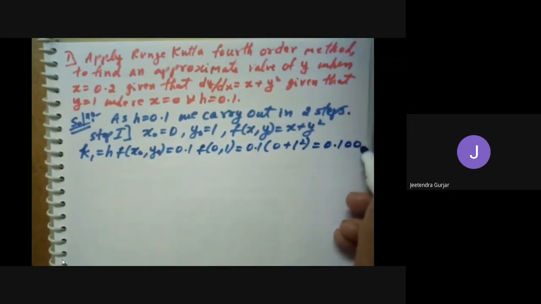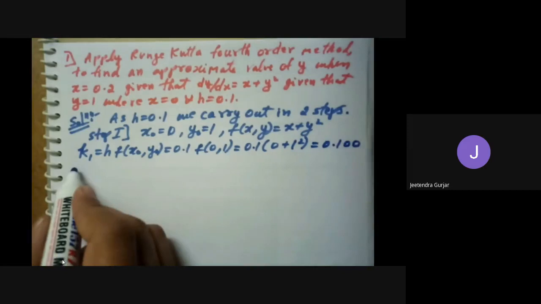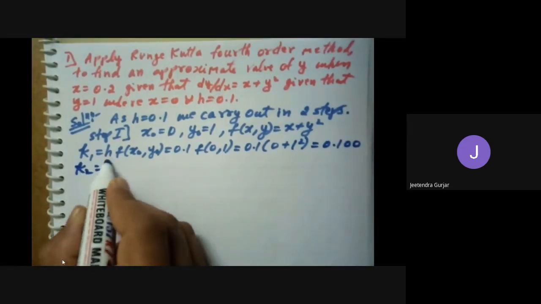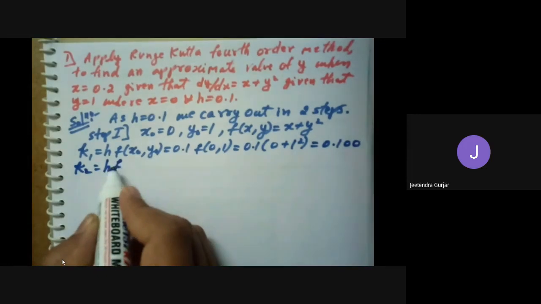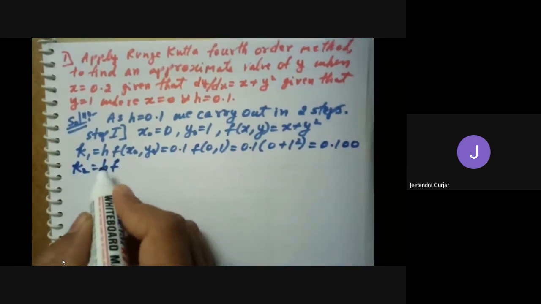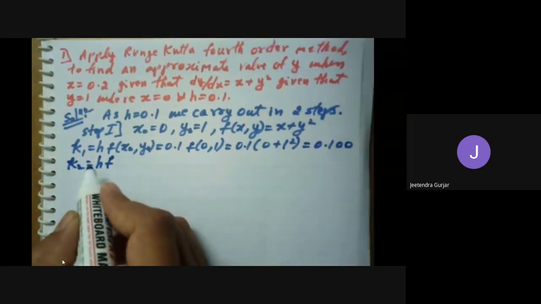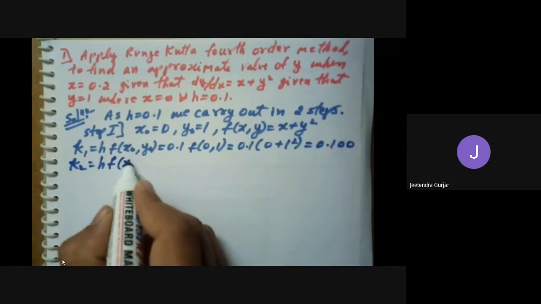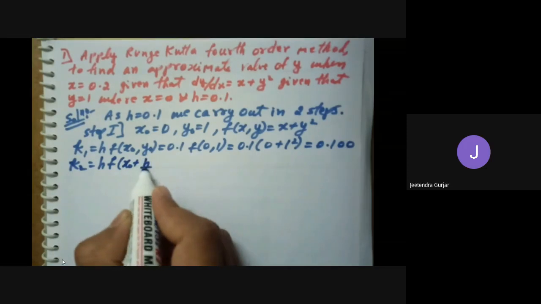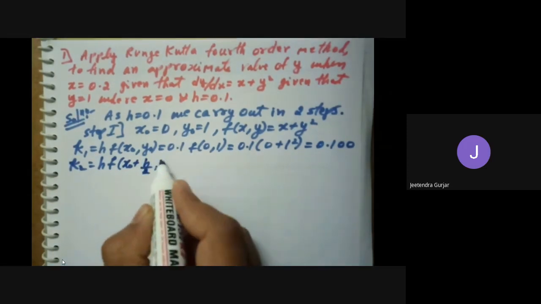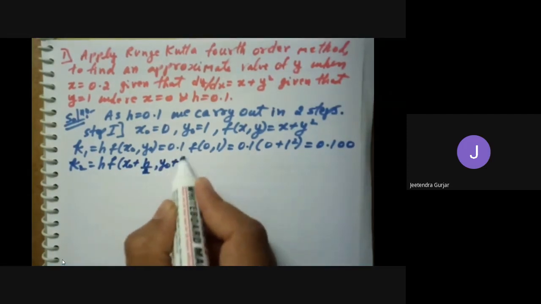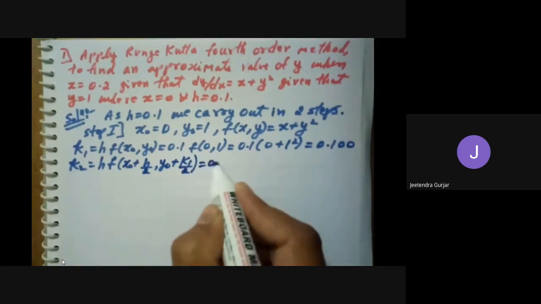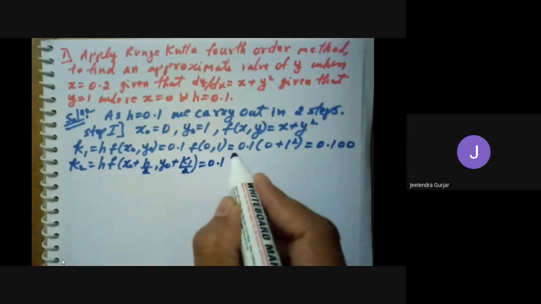Then further we'll continue this for k2, as I have told you to remember the formula, students. So k2 is equal to h f of x naught plus h upon 2 comma y naught plus k1 upon 2. So remember this formula, students. Practice this formula today only, and try to solve this example at home also. So h is 0.1, substitute 0.1. Then we have f of